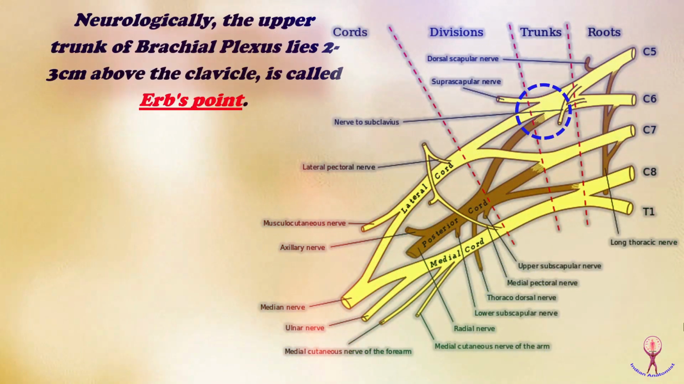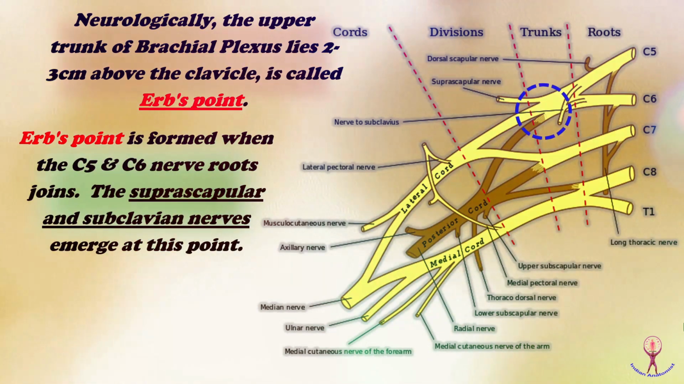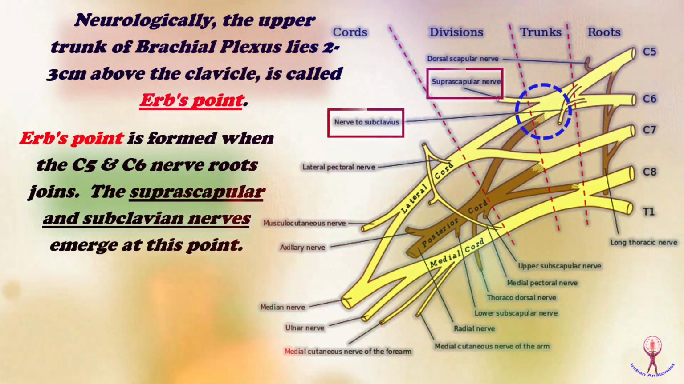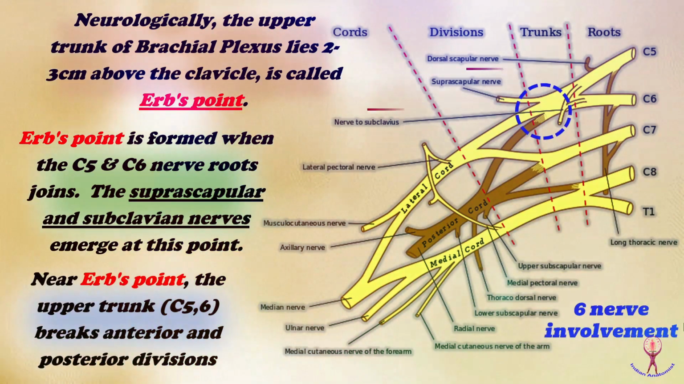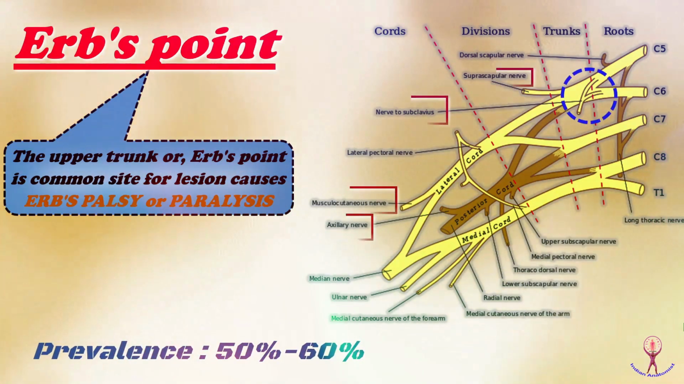Anatomically, the point on the upper trunk of the brachial plexus that lies 2 to 3 centimeters above the clavicle is called Erb's point. Erb's point is formed when the C5 and C6 nerve roots join. The suprascapular nerve and nerve to subclavius emerge at this point. Distal to this point, the upper trunk, C5 and C6, breaks into anterior and posterior divisions. The upper trunk or Erb's point is a common site for lesion, which causes Erb's palsy or